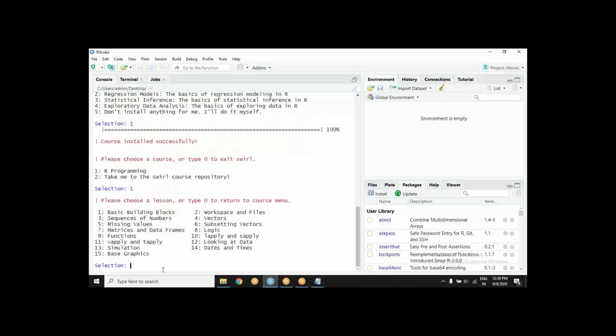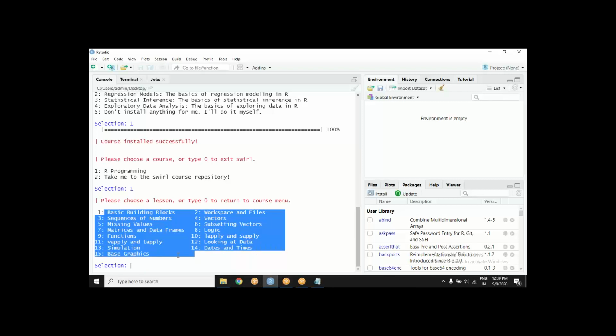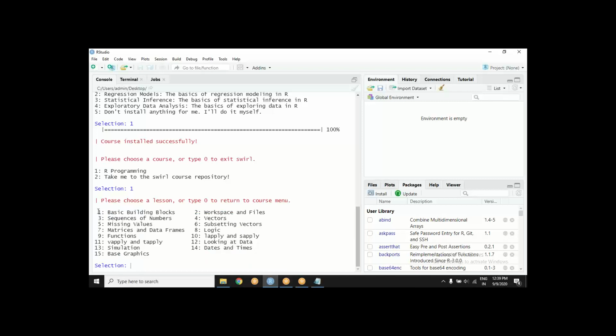There will be further sub options: basic building blocks, workspace, sequence of numbers, and so on. Maybe you can give a try to the first three. You start off with option number 1 and you keep moving forward. It will keep asking you basic questions, giving you hints, taking care of your answers. Say for example, I choose 1.